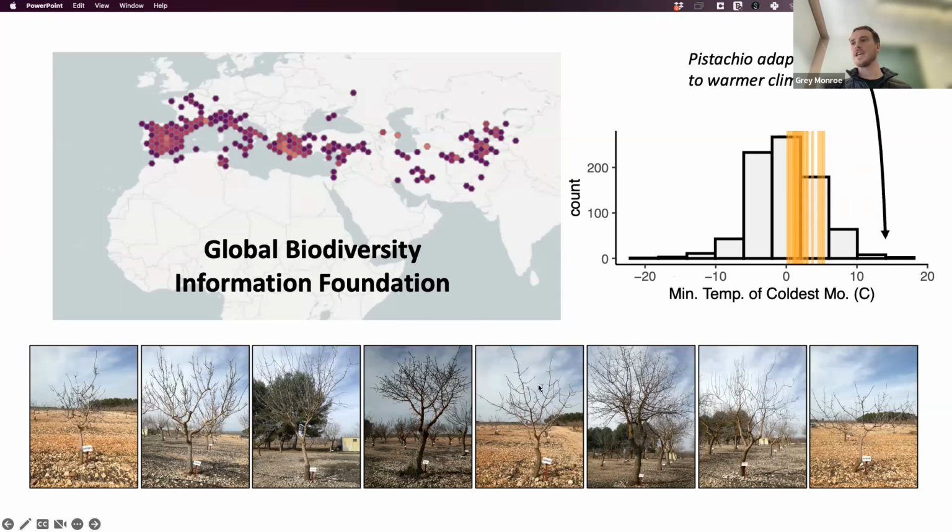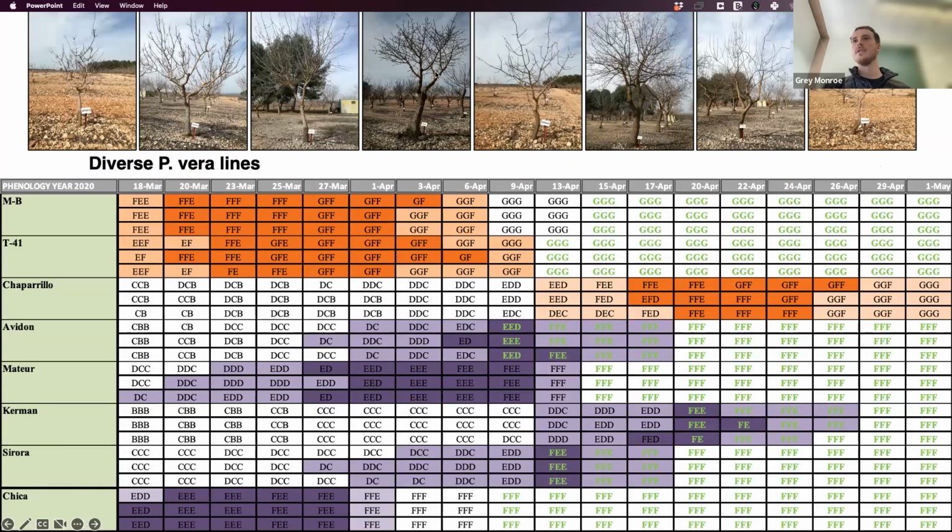Here's some pictures of different pistachio varieties. I've shown these because these are ones that we're currently working on. We have both male and female trees if you're interested, but what we're really interested in is this variation in the timing of dormancy requirements. So how quickly these plants release from dormancy in the winter is a proxy for how much chill requirements they have. So by examining this type of diversity, we're hoping to gain insights into the genetic basis of changes in